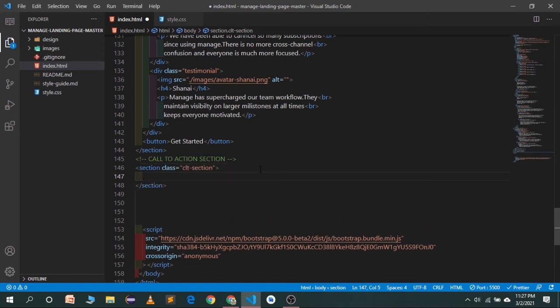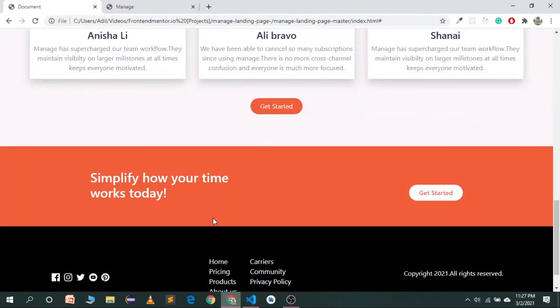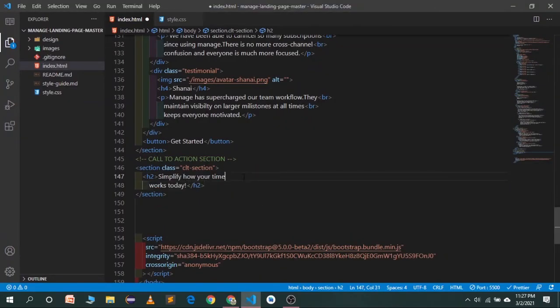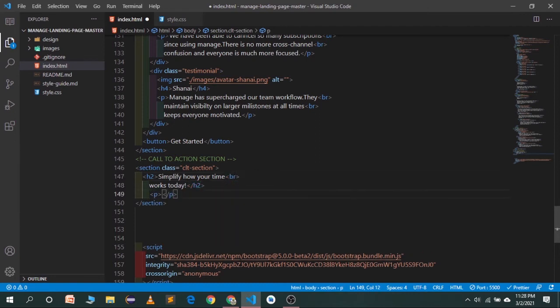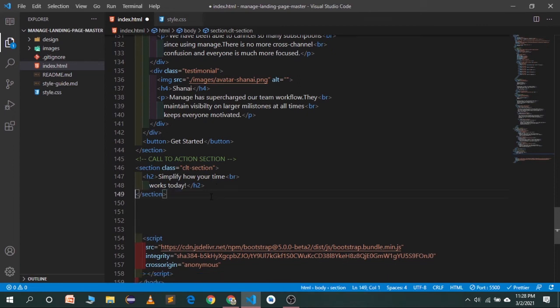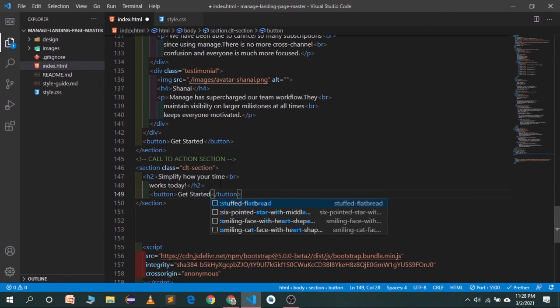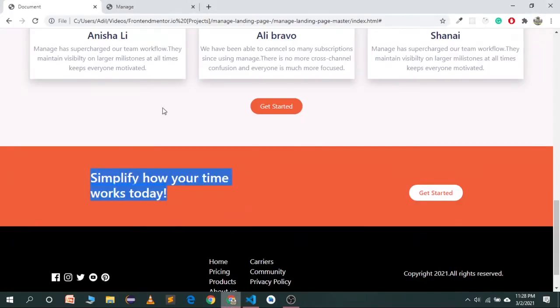And in the call to action section, we will have a heading of H2. The heading is going to be this one. Let's copy it, Control C. Paste it here. Use a line break after time. And under this heading we will have a paragraph. Oops, we don't want a paragraph, we want a button. So the button will say get started. Let's save it and go to our project,